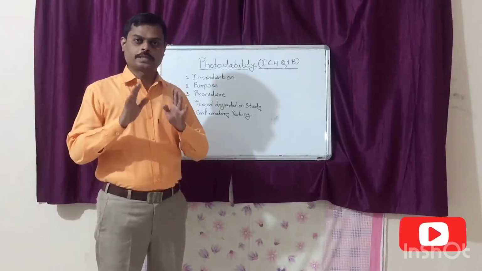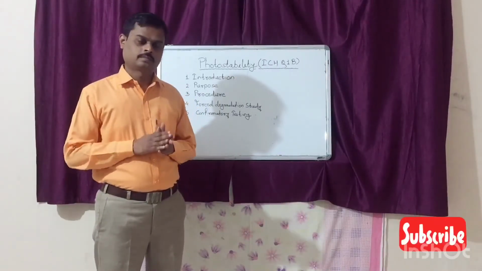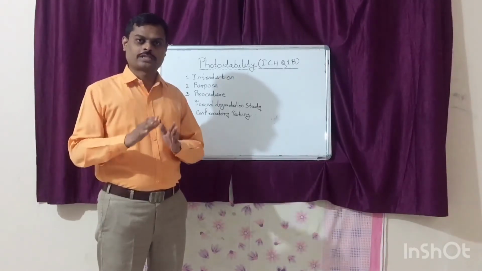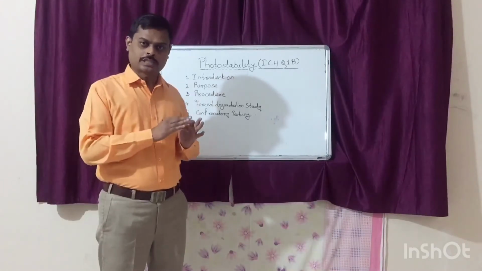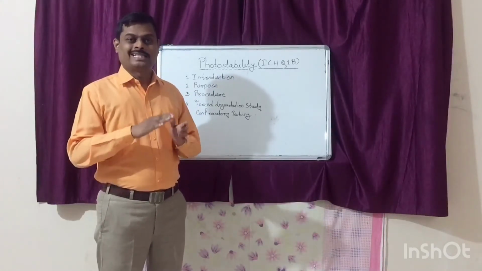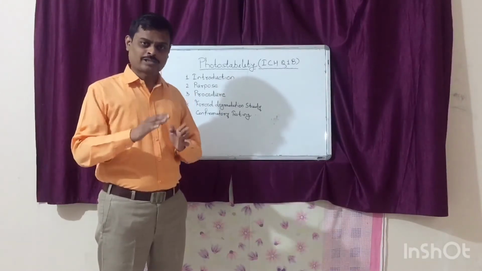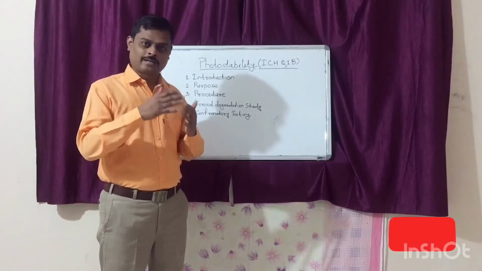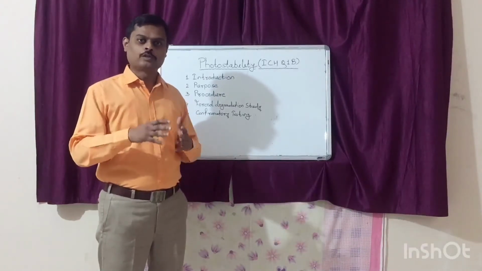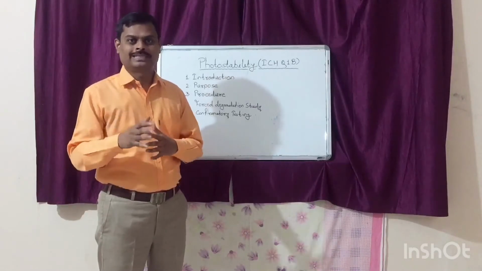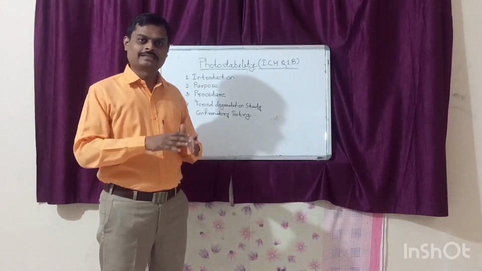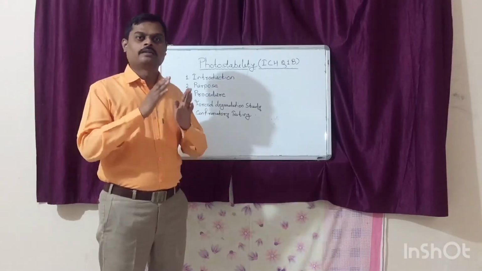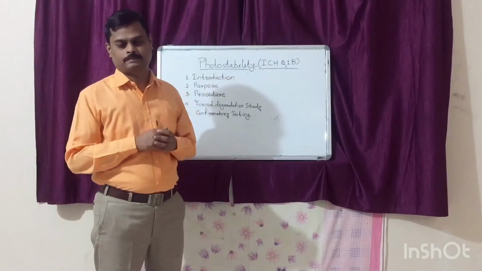There are different objectives of photostability studies. The first objective is to evaluate the intrinsic photostability characteristics of new drug substance or new drug products. The second objective is to demonstrate that the exposure of light does not have an adverse impact on the quality of the drug substance or drug product. That is, to demonstrate that the exposure of light does not result in unacceptable physical or chemical changes.